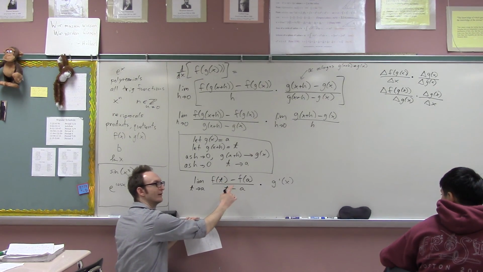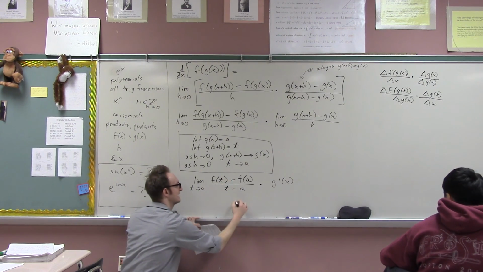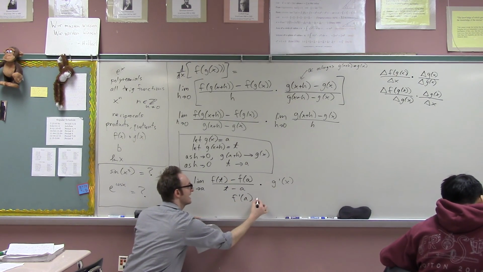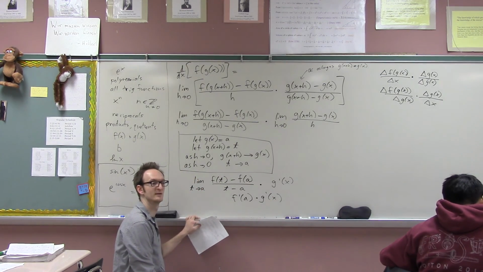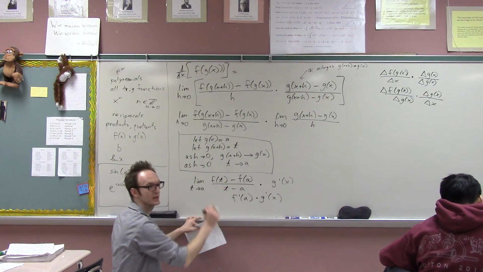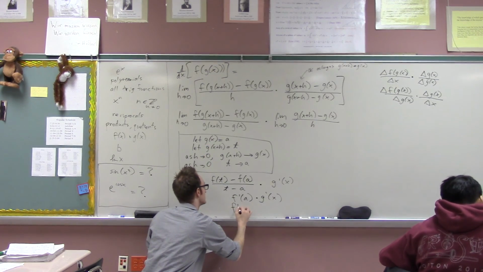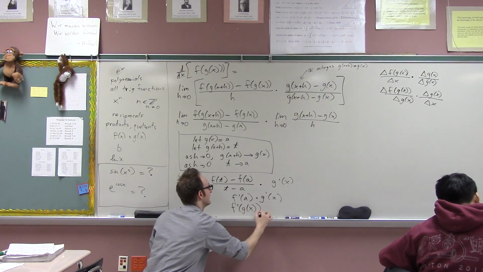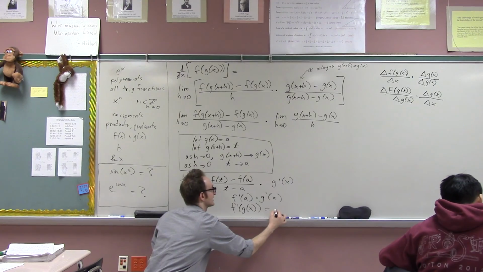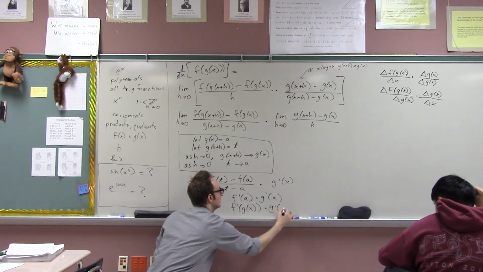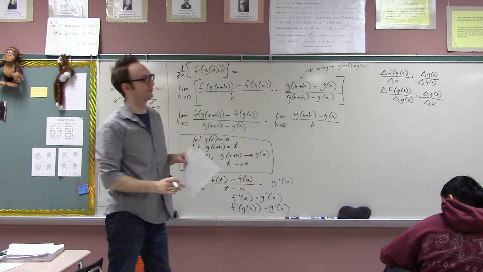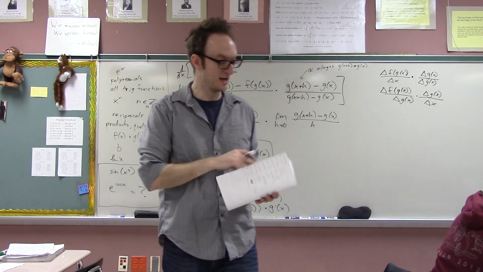Are you following? This is the derivative of f at a. So this is f prime of a times g prime of x. Are you impressed? And a, of course, is some variable I just made up. a is g of x. So we have just proven that this is f prime of g of x times g prime of x. Cool? Okay, this is the chain rule. It is so amazing. It enables